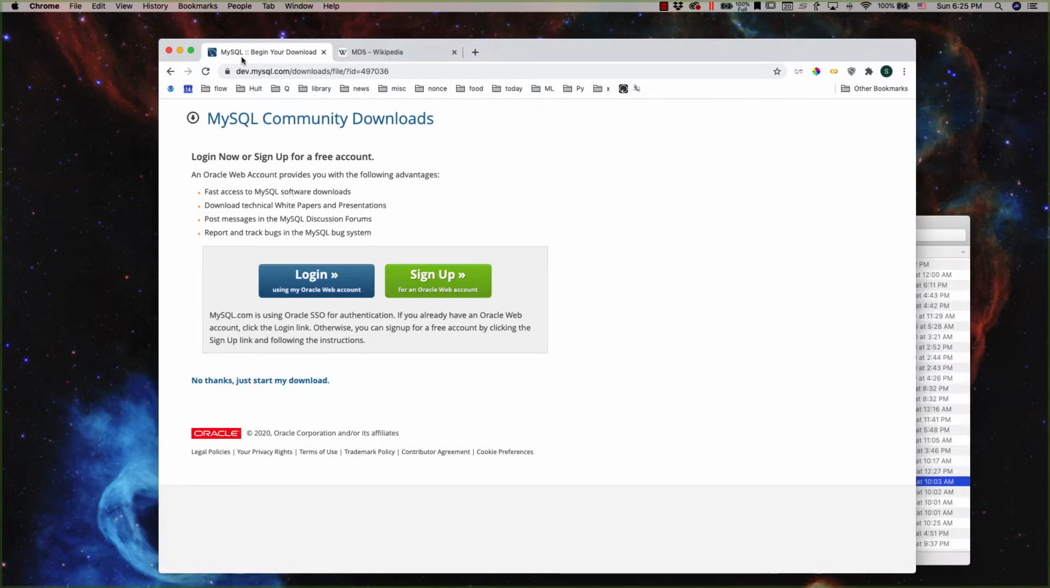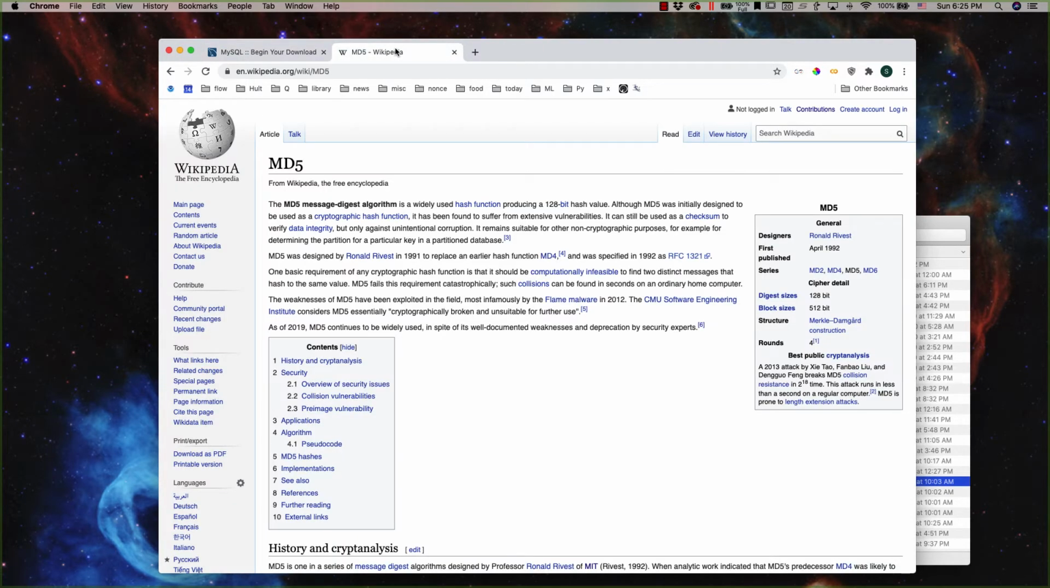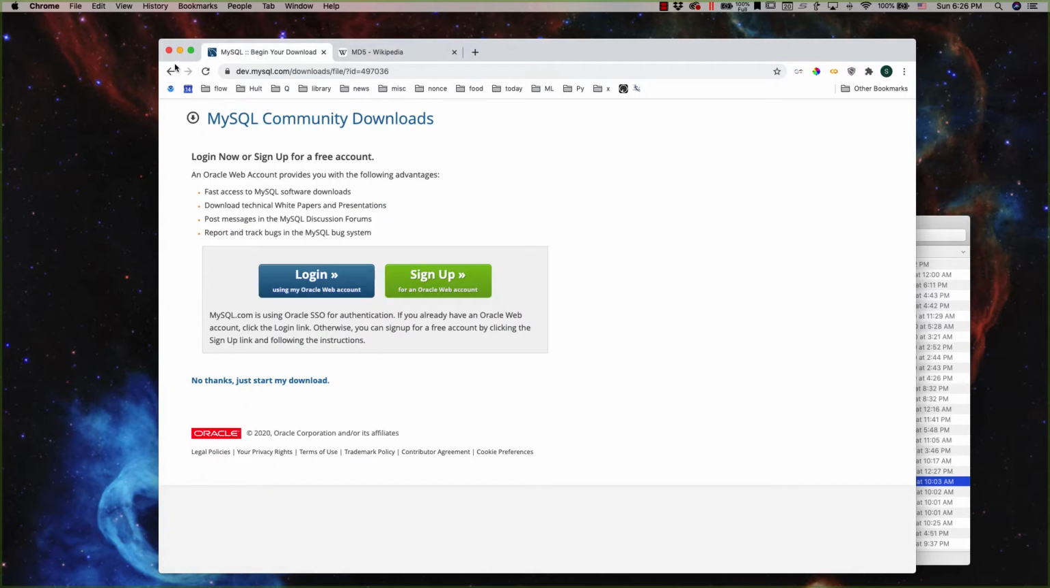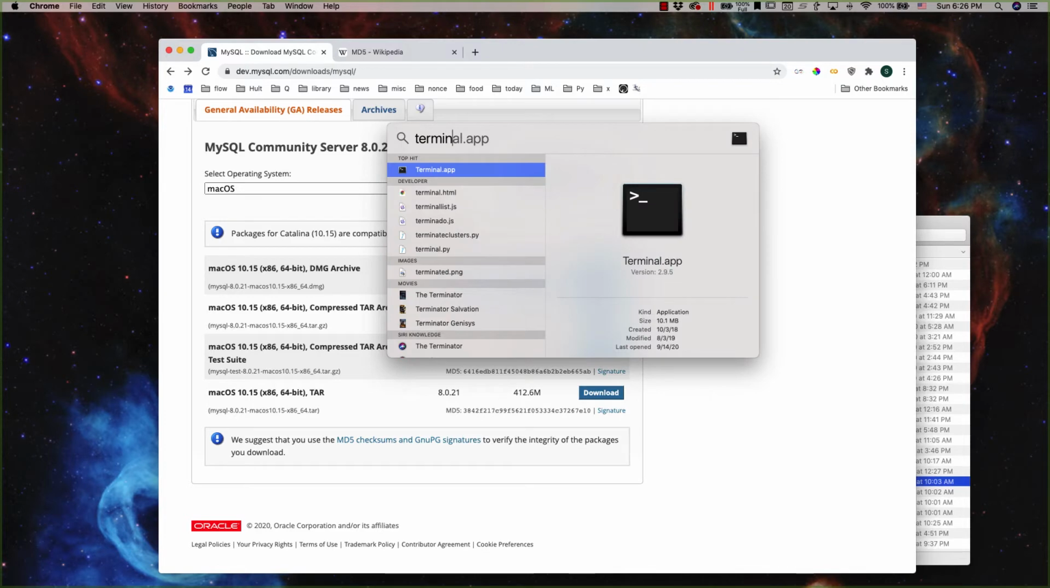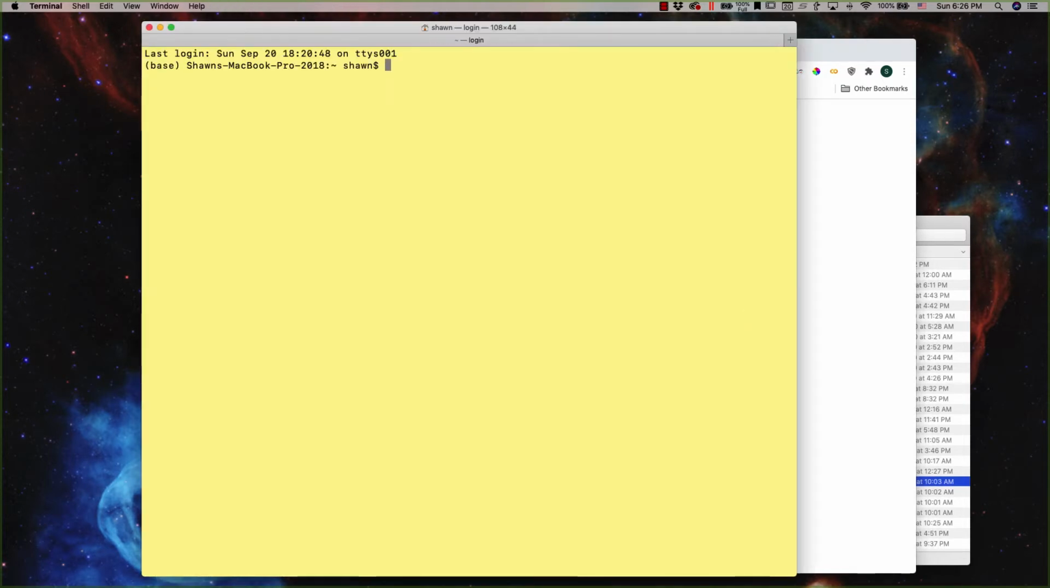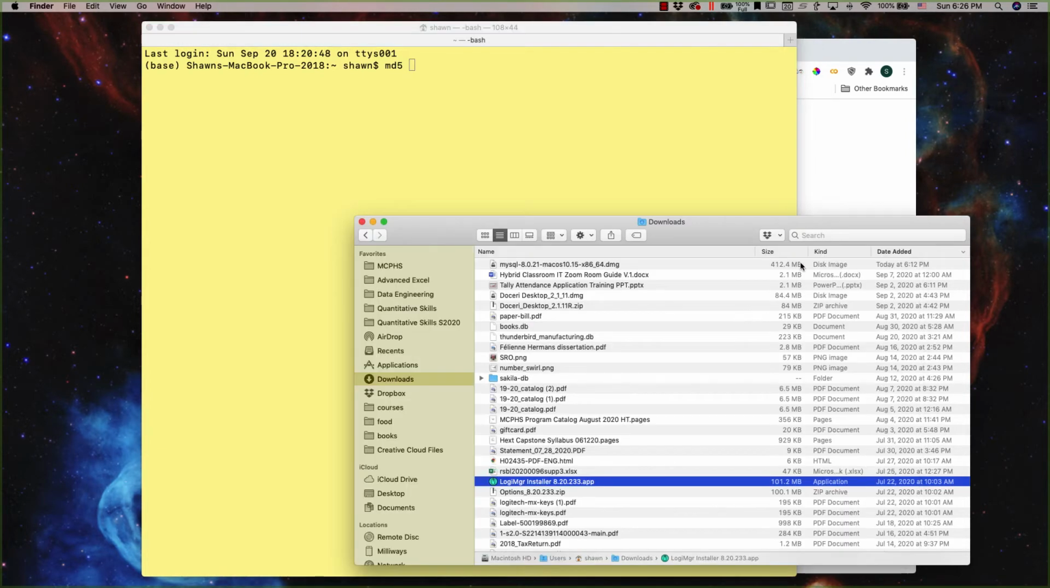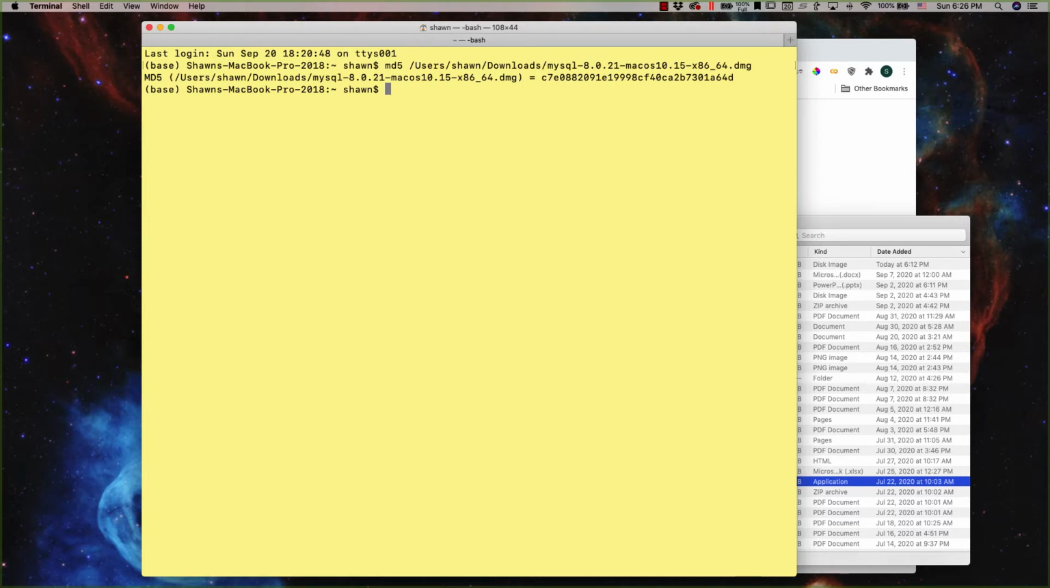I'll skip ahead. So we have downloaded the file, and we can check its integrity by using the MD5 digest algorithm. It's a hash of the file contents, which we saw here. It was this string here. And we can do that by going to the terminal on the Mac and just typing MD5 space and then dragging onto that the file that we just downloaded and hitting return, and it says